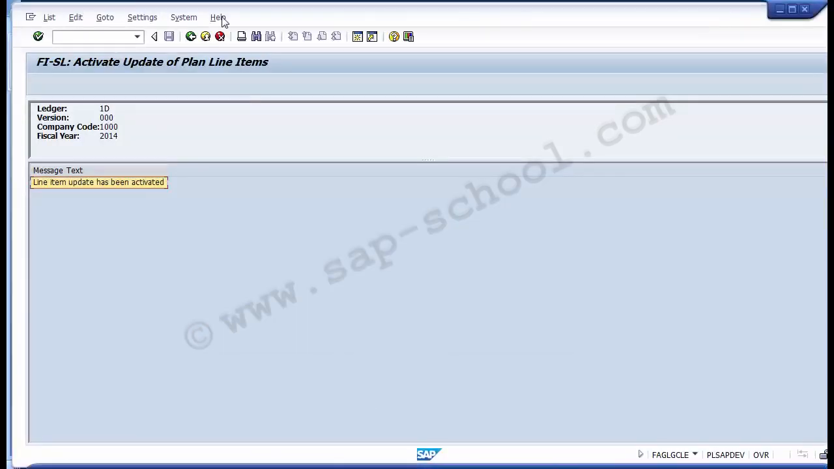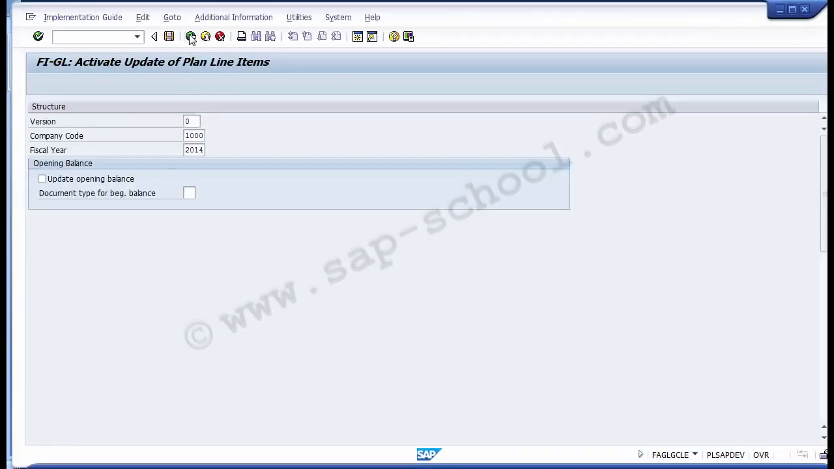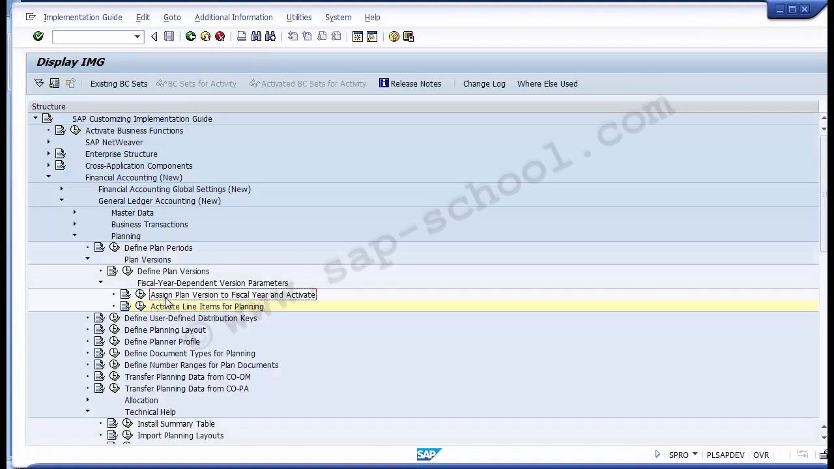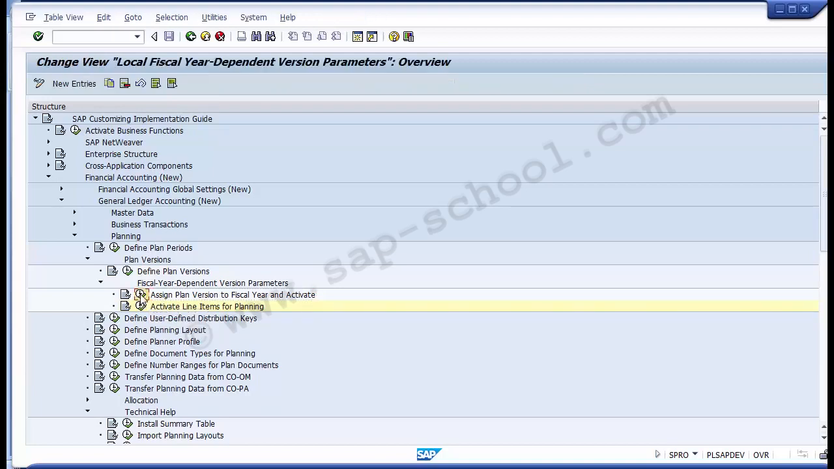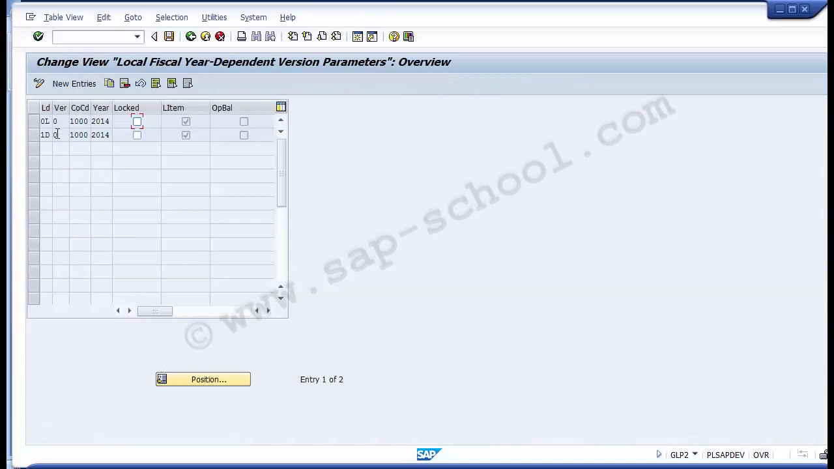That's what we will be going to have a look at. So as I go back to the last configuration step, that is assign plan version to fiscal year and activate. So executing it now, you can find that, as I activated the line item,